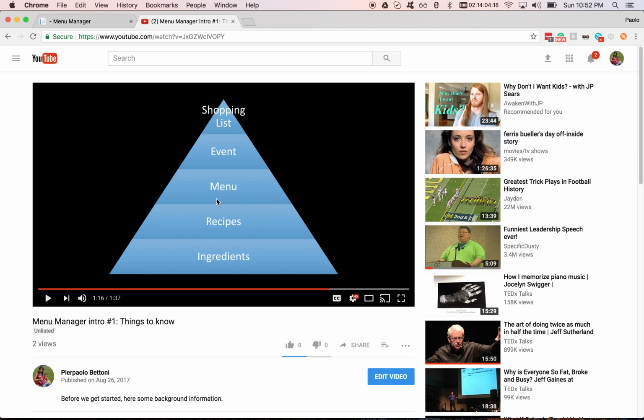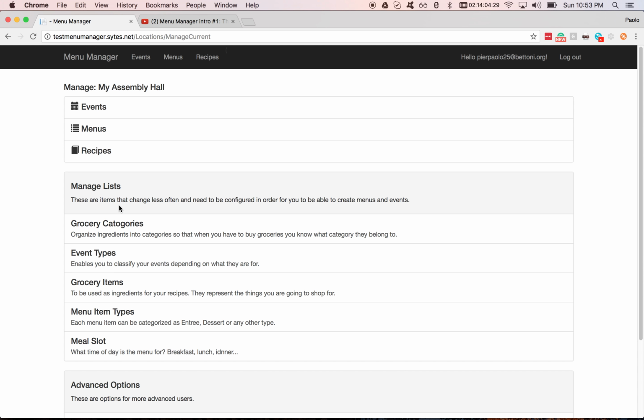It's typical for assembly halls, for example, to have a set of menus with a set of recipes. You do it at the beginning, and then you'll rarely change it. And from then on, all you have to worry about is events and shopping lists. So once you have all your recipes in it and all your menus in it, at that point you just